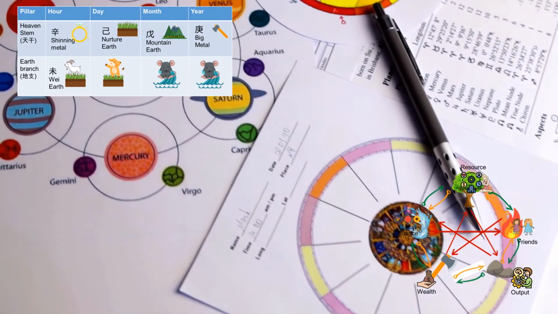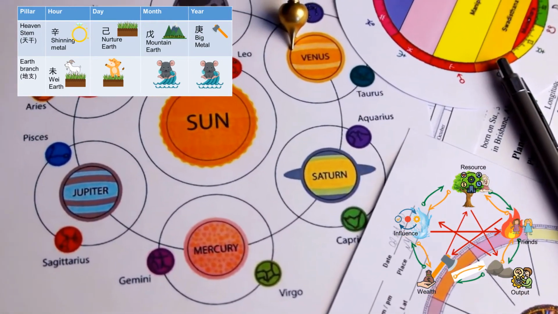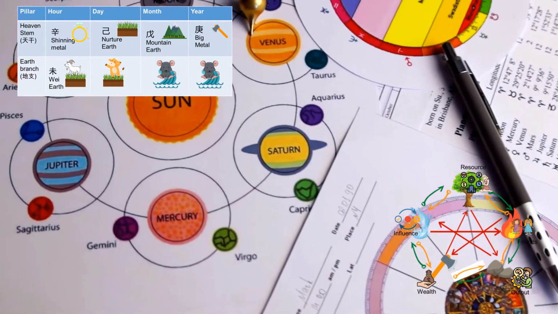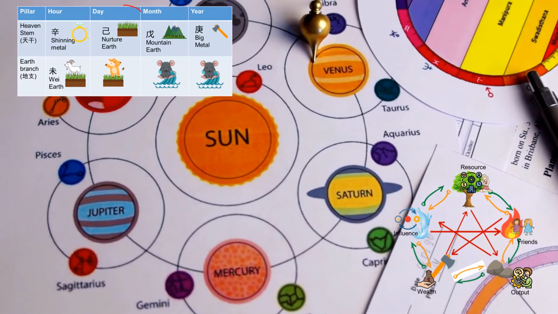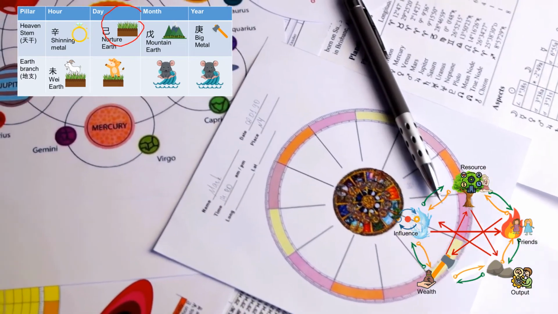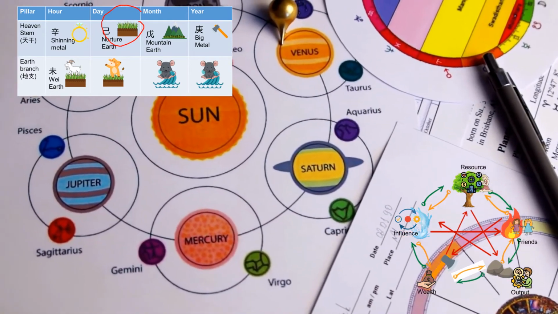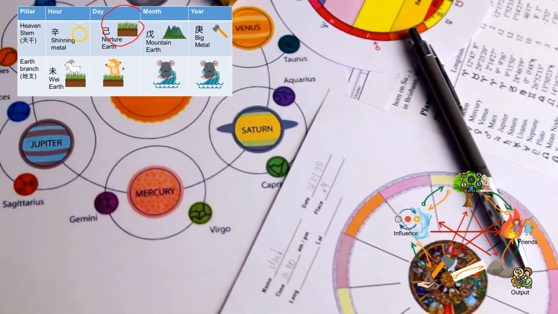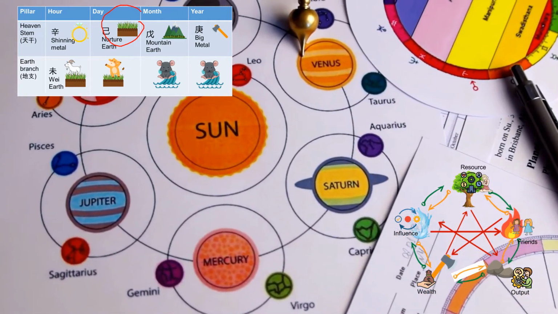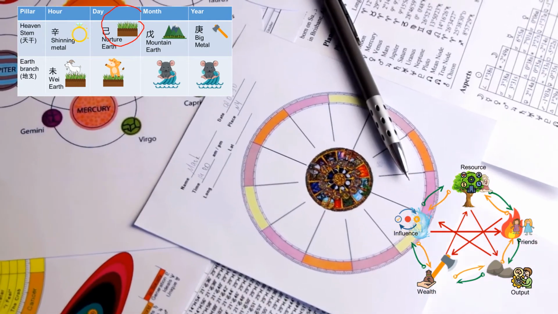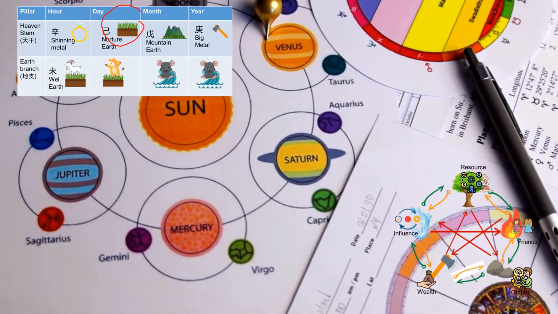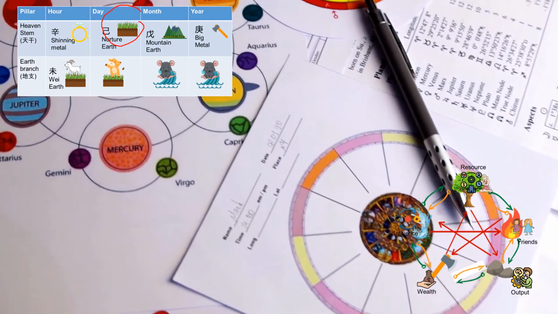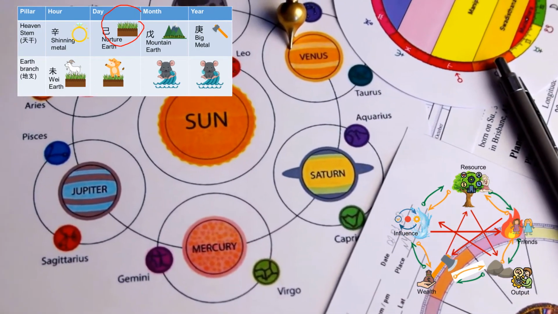There are 5 elements of energy which govern our life, and they influence us depending on their relationship with our base energy. I have already talked about the base energy very extensively in my previous 2 videos, per the link below. You can use their birth date to get the birth chart, and if you do not have the birth date, we can still use the principles of the 5 elements of energy.